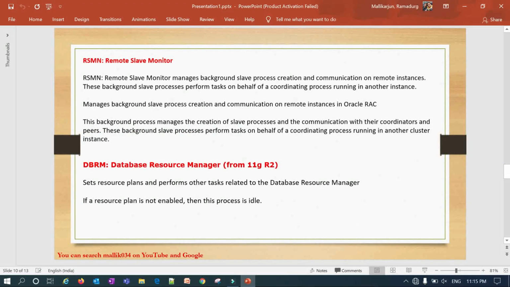If I go to the next, RSMN, that is the remote slave monitor. What does the remote slave monitor do? The remote slave monitor manages background slave process creation and communication to the remote instances. These background slave processes perform tasks on behalf of a coordinator process running in another instance. So the name itself tells you, right? The slave monitor means